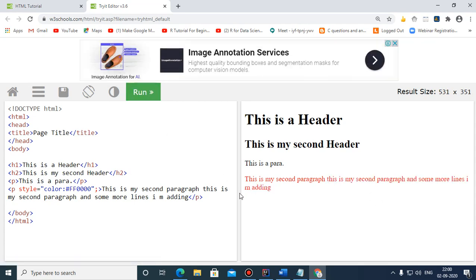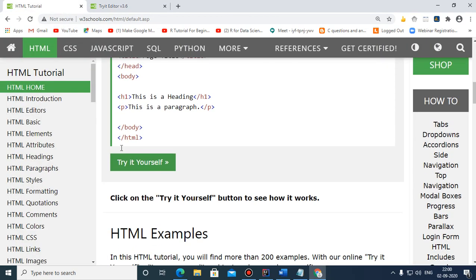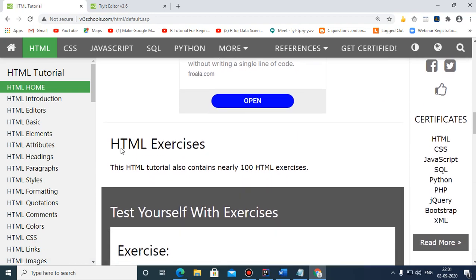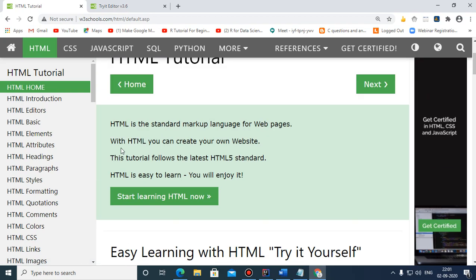So this is how you can see the HTML effects. I hope this website will really help you in practicing HTML coding, and further you can learn so many things from here. So now children, this is all about HTML.